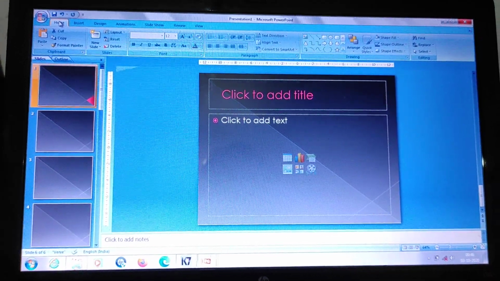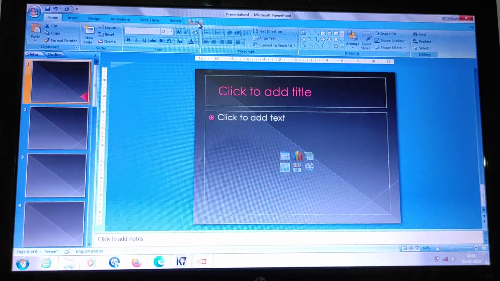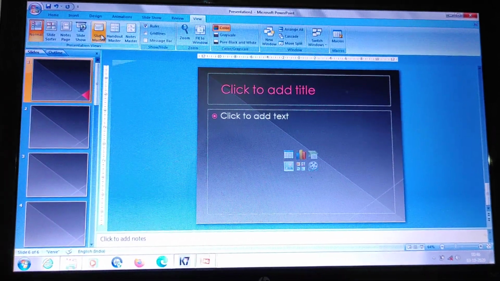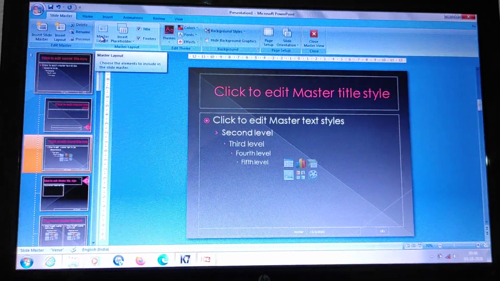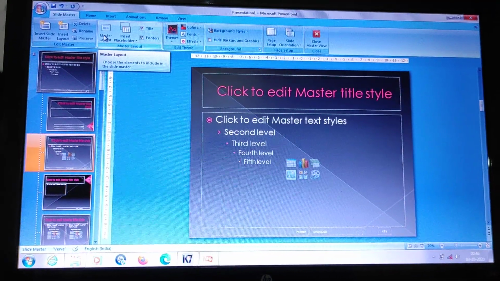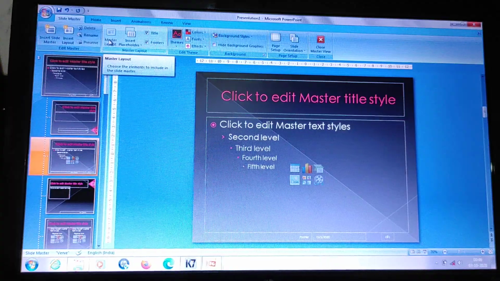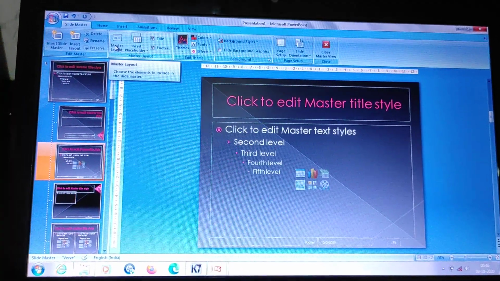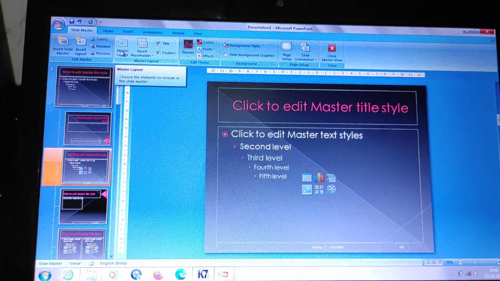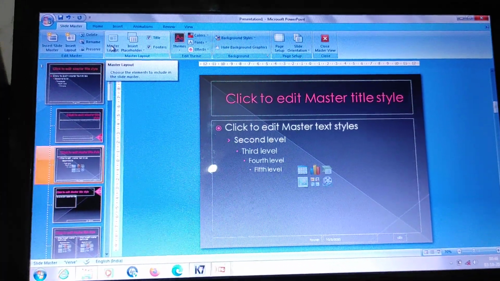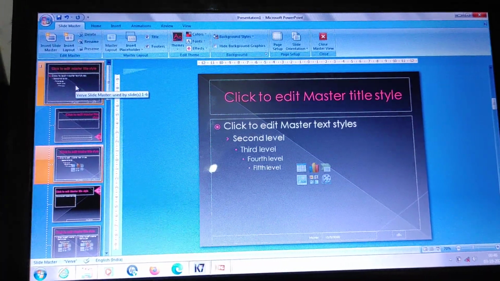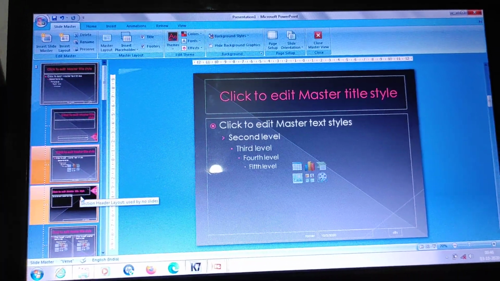See in this presentation, click on view tab. After that, click on slide master. You can see the changes. The slide master set consists of an overall theme for each slide layout. Changes made to the master are applied to the corresponding presentation slides also. Like if I change this master slide, then corresponding changes are automatically applied in other slides also.